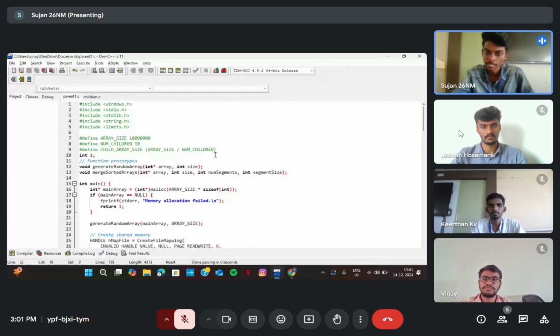Memory management: the main array is created using malloc for initial storage, and it checks whether the memory allocation is successful or not. It uses error handling to report memory allocation failures. Size of memory is 10 million times the size of integers. Shared memory is created using CreateFileMapping